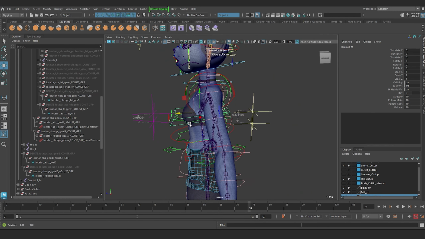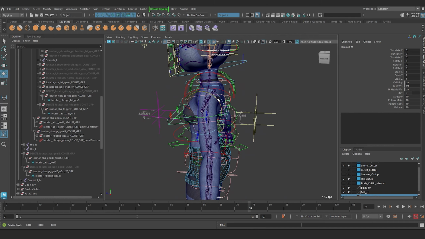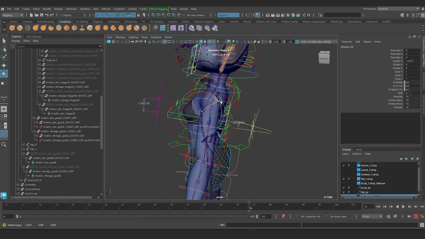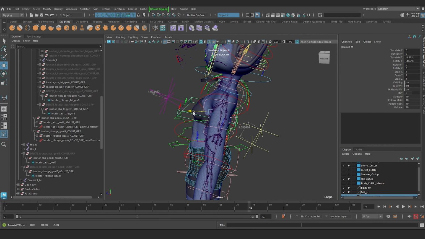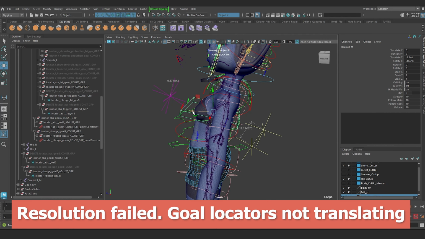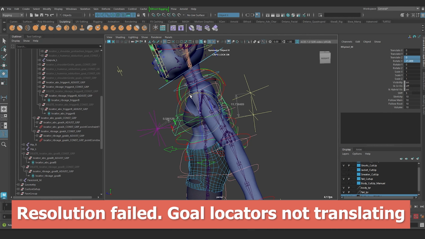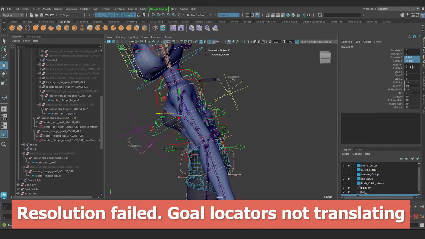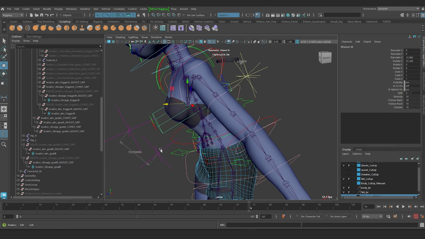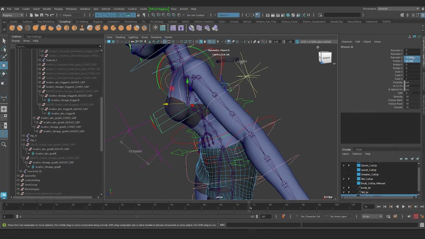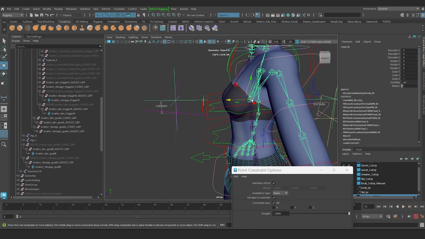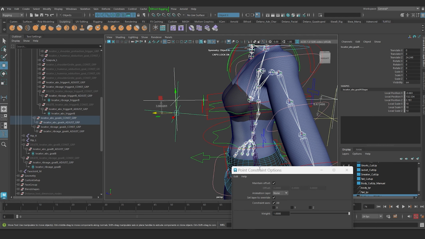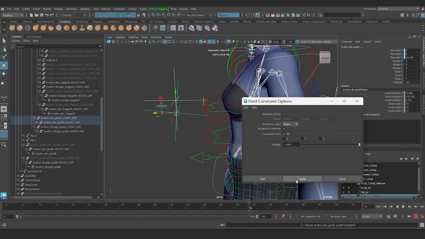If I was to trigger, and let's say I got a triggering like so, and I was to translate the chest, I'm considering what would happen if the position constraint happened directly on this goal locator. So if I was to select the chest and select this locator and create a position constraint with offset,